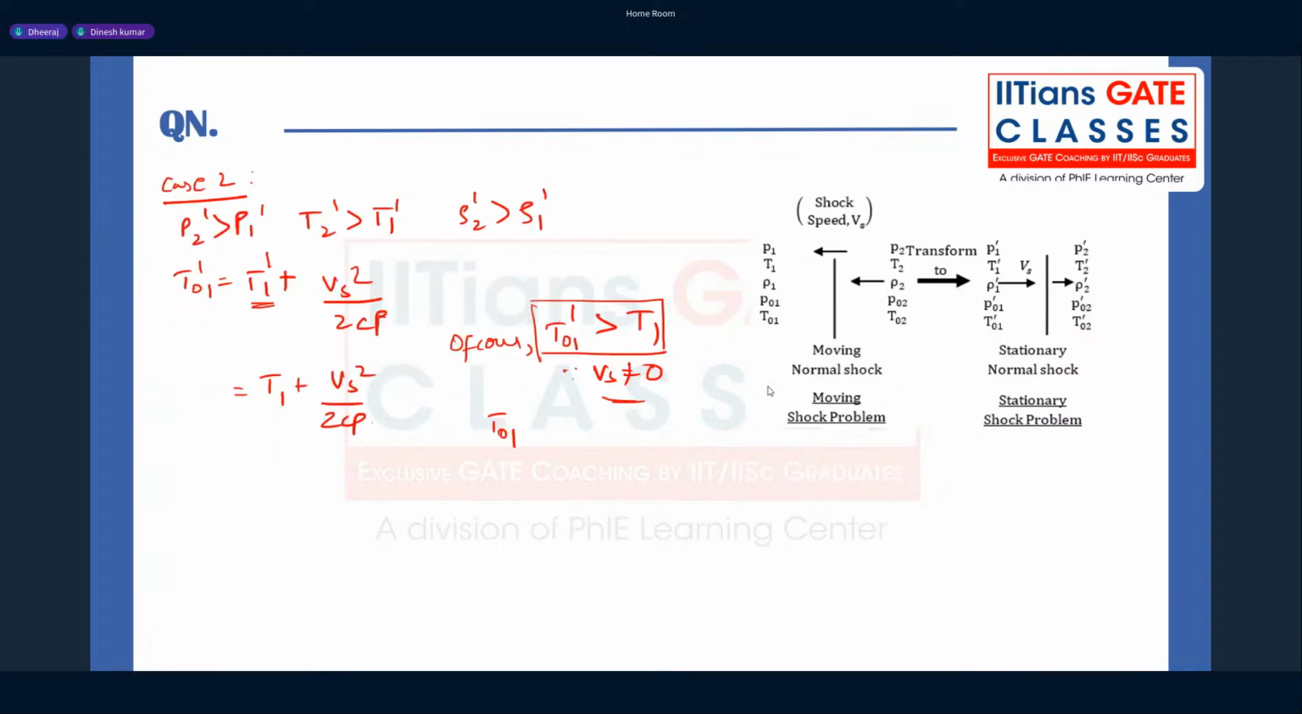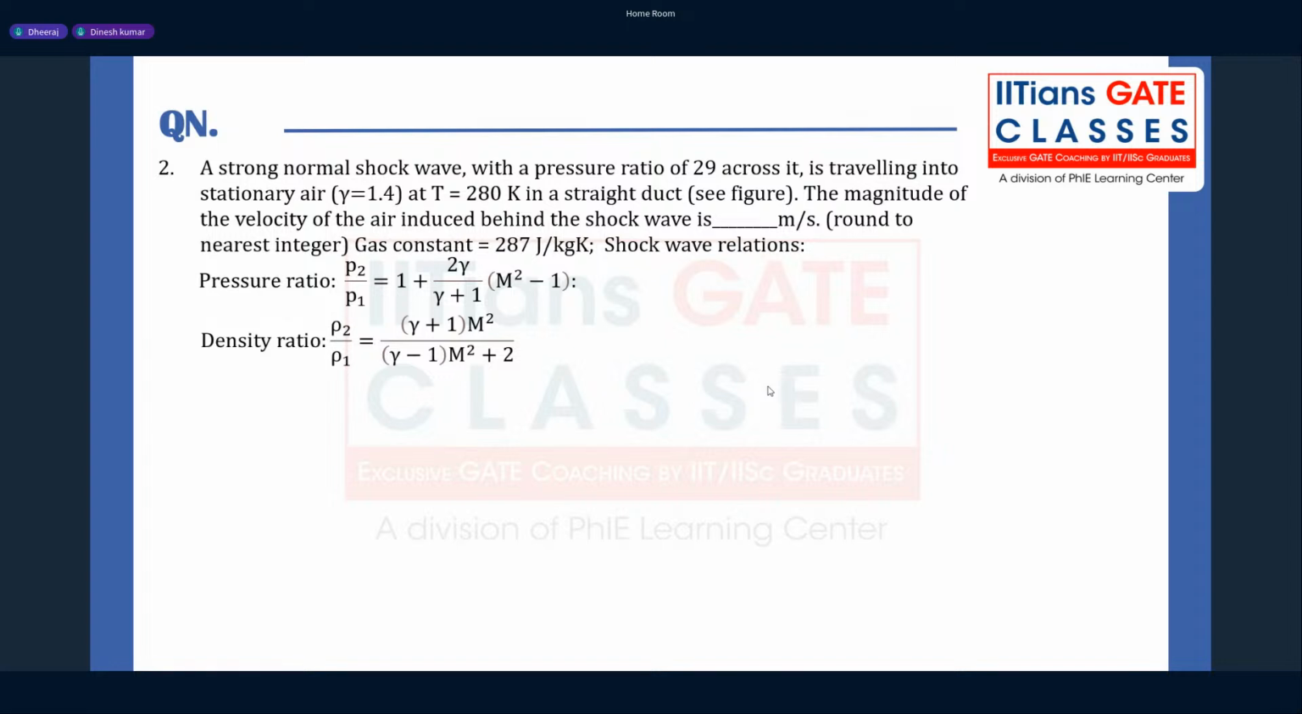So we'll see one more problem in this. This must be the easy problem. So they are saying a strong normal shock with a pressure ratio of 29 across it is traveling into the